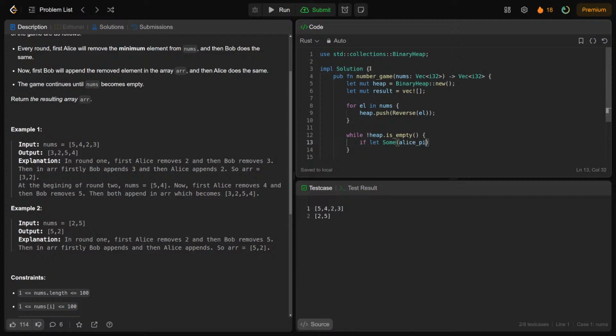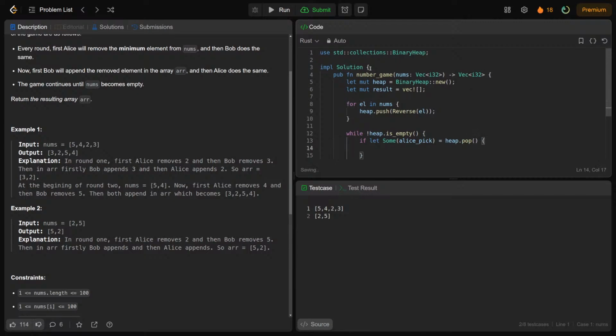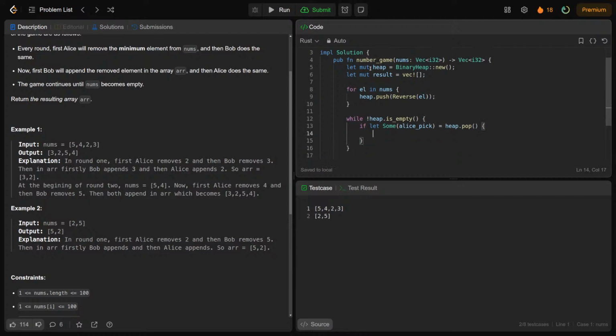So Alice pick will be heap dot pop, and then if we have Alice pick, Bob pick is heap dot pop. Okay, so if Alice picked and then Bob picked,